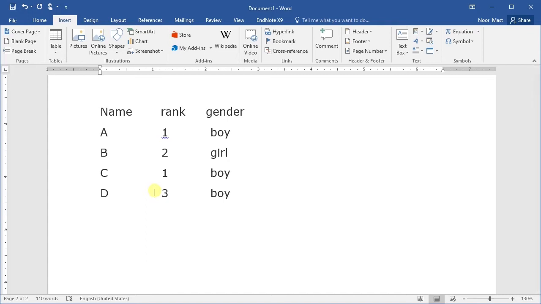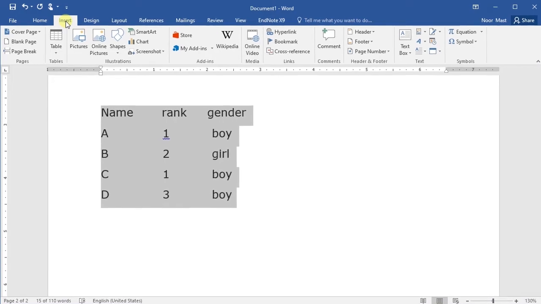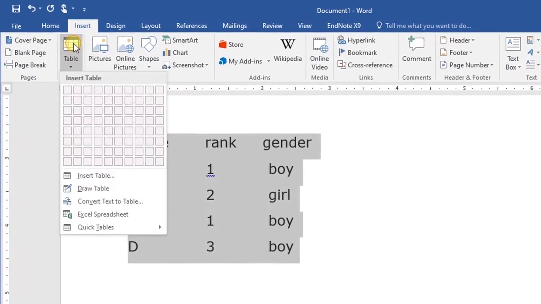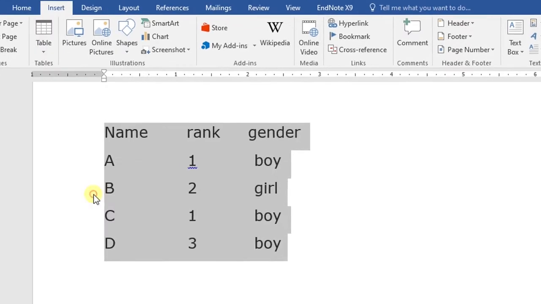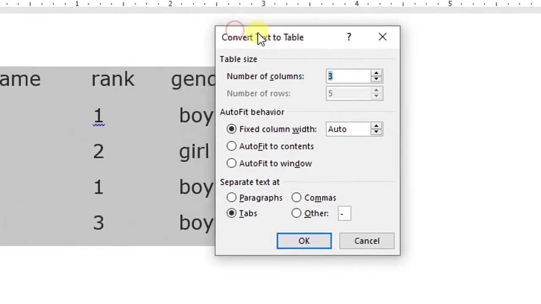Microsoft Word also provides the facility to convert text into a table. First of all, select the text that you want to convert into a table. Then on the Insert tab, click the Table command, and from the drop-down menu, select the Convert Text to Table option. The Convert Text to Table dialog box will appear.